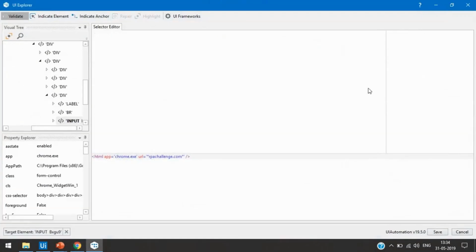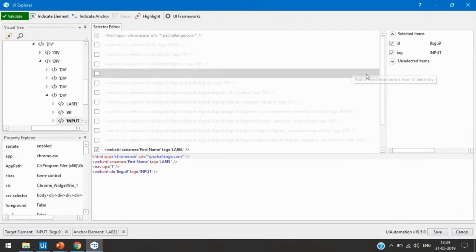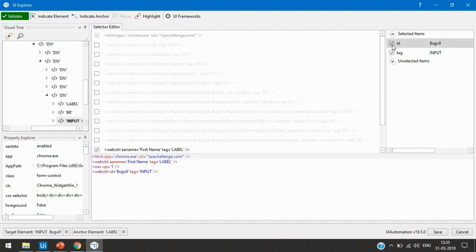Now you can see our selector is different. In the current selector it is showing web app HTML app equal to chrome.exe, URL this, web control AA name equal to first name, tag equal to label, and navigation up equal to 1, and ID equal to this. Every time this ID will change, so we will uncheck this ID and just save this.